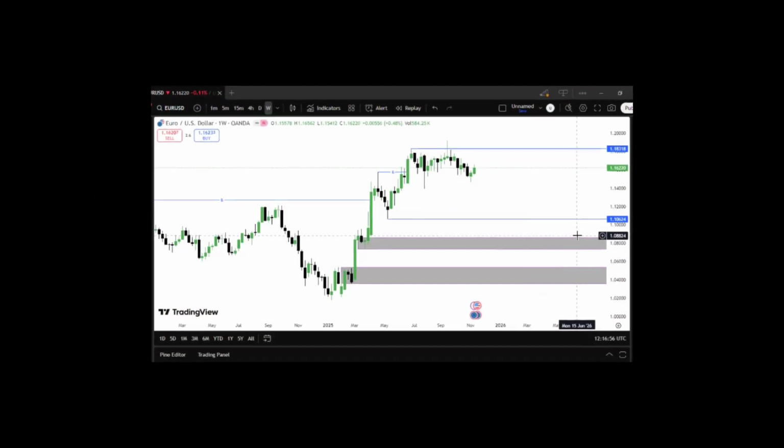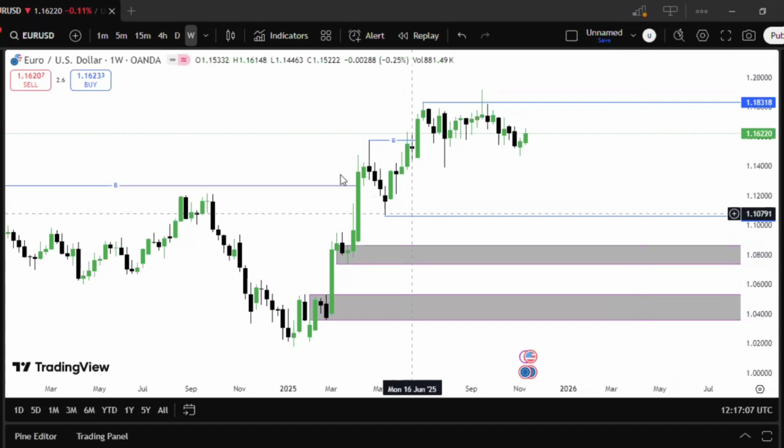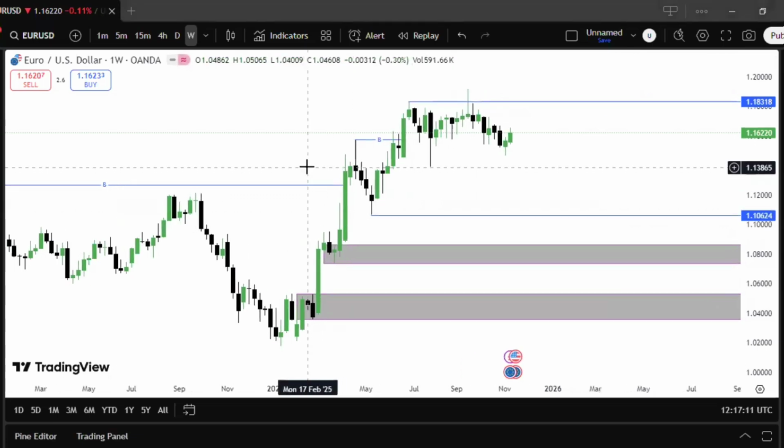Yes guys, as you can see, we are starting on weekly. For those who have been following me for a while, you already know that I go from weekly, then daily, 4 hours, 15 minutes, 5 minutes, to get on to 1 minute where I execute my trades. So in this chart here on weekly, currently where we are, we can see that the market is